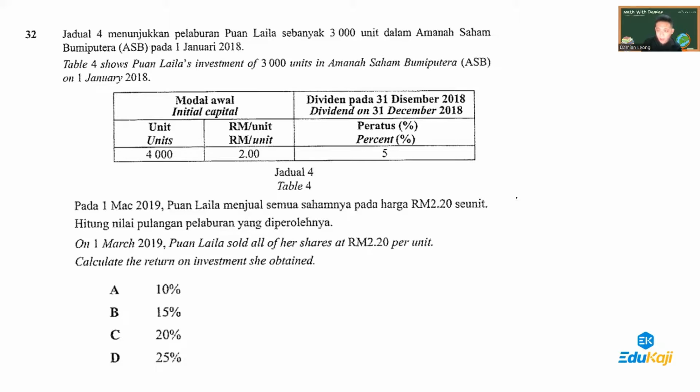So she get dividend of 5%. So I assume 5% is 5% of the 2 ringgit per unit. So it's